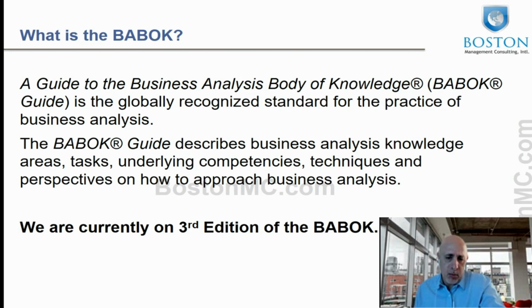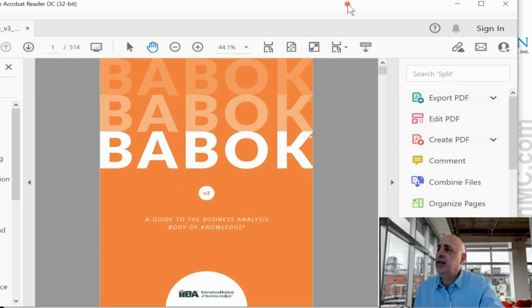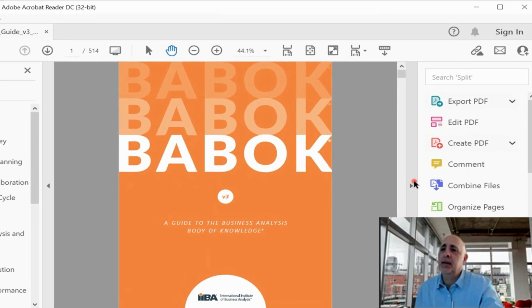It's a huge book, and I don't know if I always recommend that people read it. I mean, you could, but what I've done is I've taken whatever is important and I've put it into the material. Right. So let me show you what it looks like. This is the PDF, right, of it.